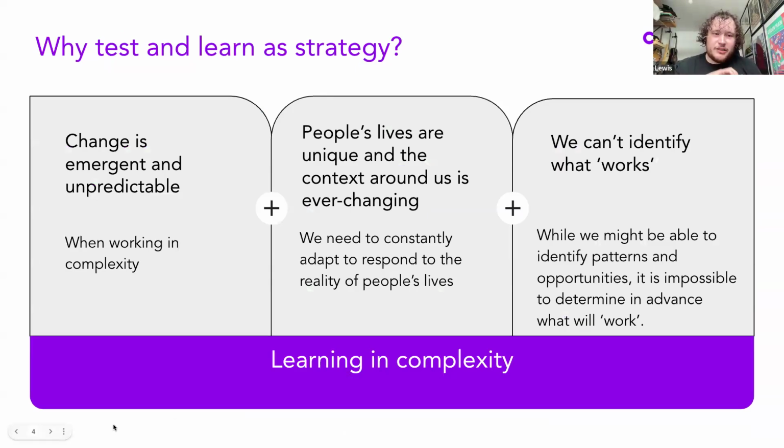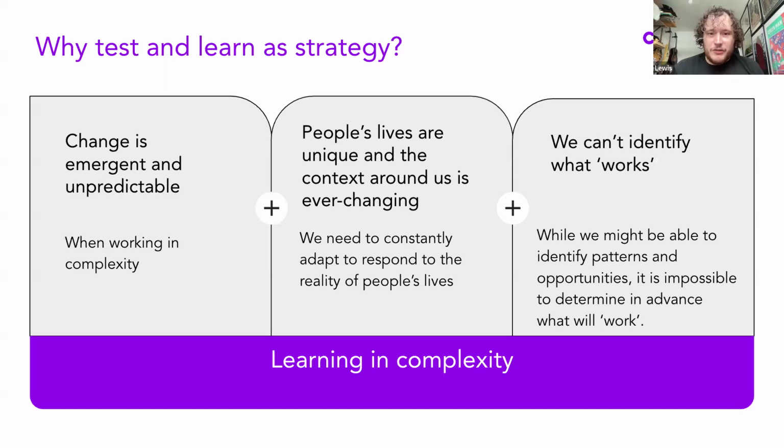And so we need to recognize that change is emergent and unpredictable when working in complexity. We can't just say if we do this action, an outcome will happen. And a lot of the human learning systems work, which is something Collaborate has worked on a lot, is saying that a lot of the way our services and support are provided in this country suggests that if we just provide someone a service, they will receive a positive outcome. But actually, we know that's not the case, and that change needs to be recognized as an emergent thing rather than a definitive thing.